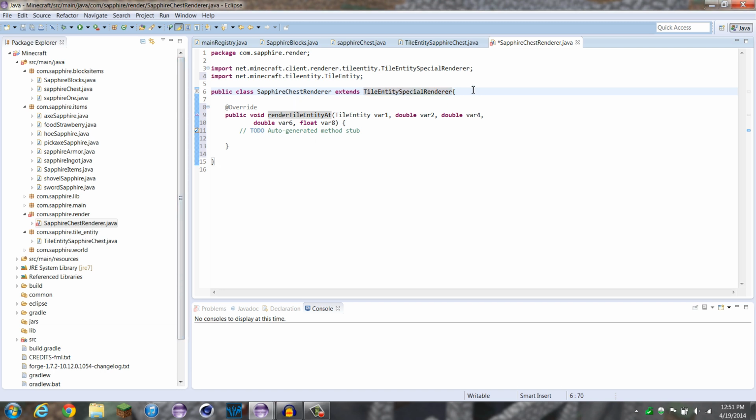So, let's start, I guess. Actually, what time are we at now? 26 minutes. I don't know. This is gonna take quite a while, I think. Wait. Where's tile render tile entity called anyway? Yeah, you know what? This is gonna take a while, so I think I'm gonna do a part 2 of